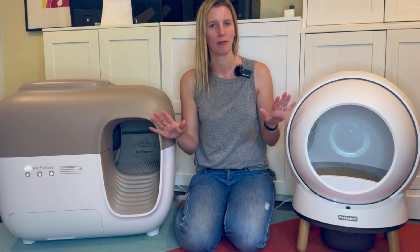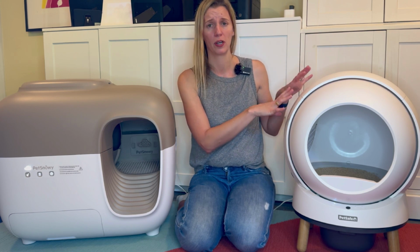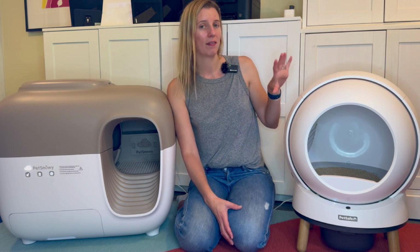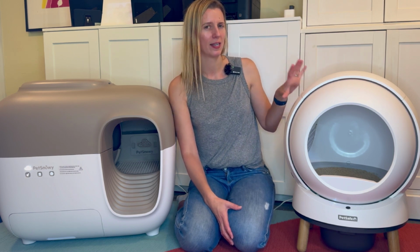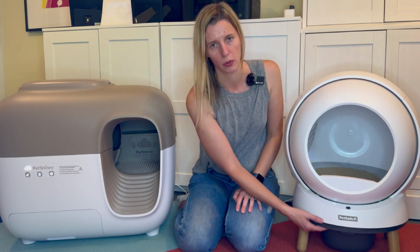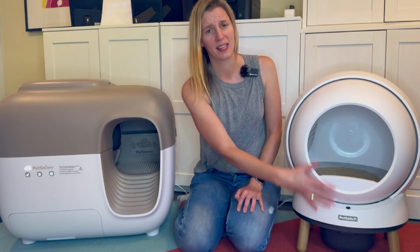But if you think your cat will use these, I love both of these for completely different reasons. I love how good the PetSafe looks. This is a box that I am comfortable putting in my living room, and I love how simple it is. It's a very clean functioning box. Everything is in this drum, the drawer is really simple, and the deodorizer smells really quite good and keeps everything